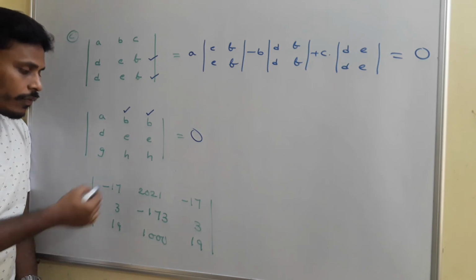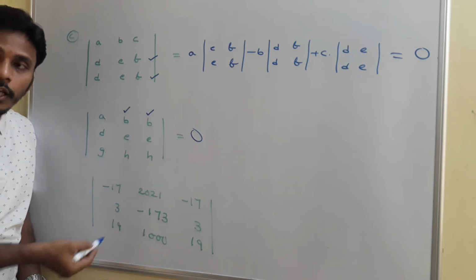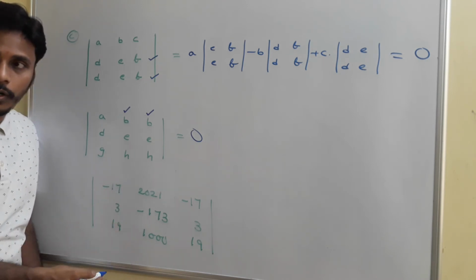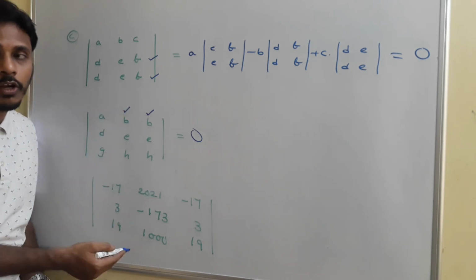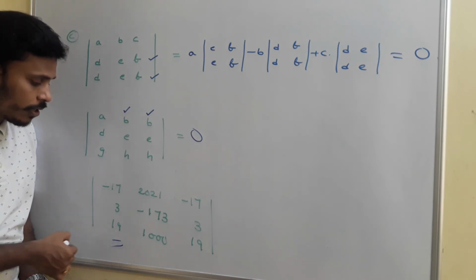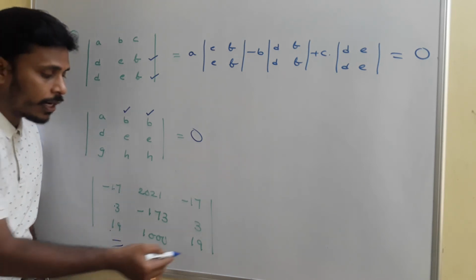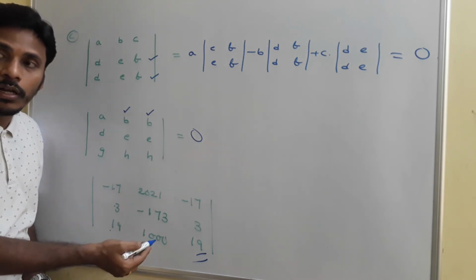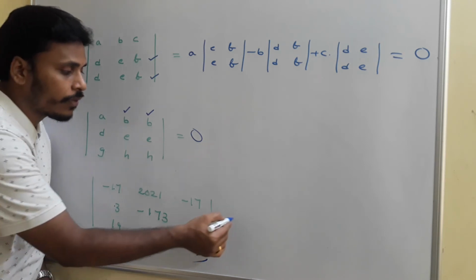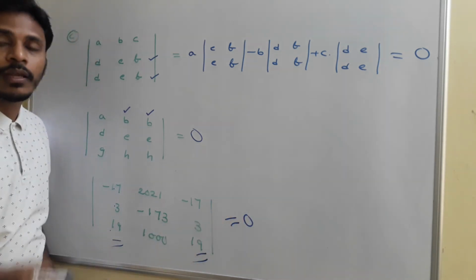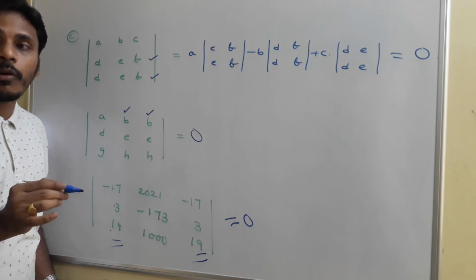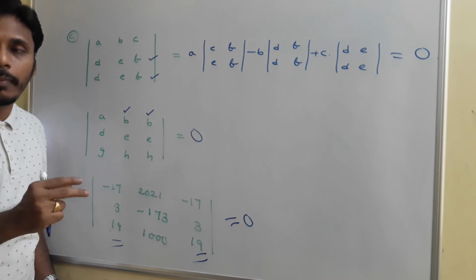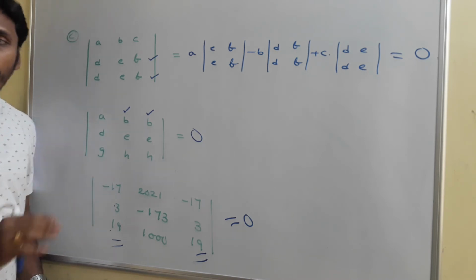Okay? And suppose this is the problem in numericals. If you wish to find its determinant without using this property, it may consume much of your time. But if you use this particular property of determinants, here the first column is what? Minus 17, 319. And here the third column is again what? Minus 17, 319. Since these two are equal, there is nothing to calculate here, and simply its determinant value is 0. At the end, this third property of determinant is simply that if any two rows or any two columns are equal for a determinant, its determinant value is 0.